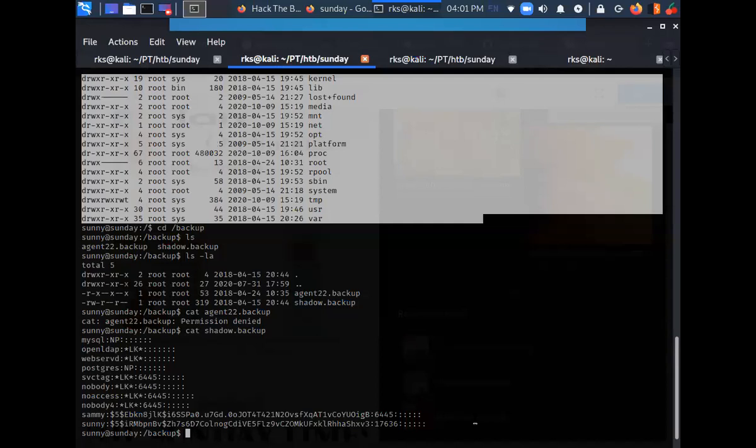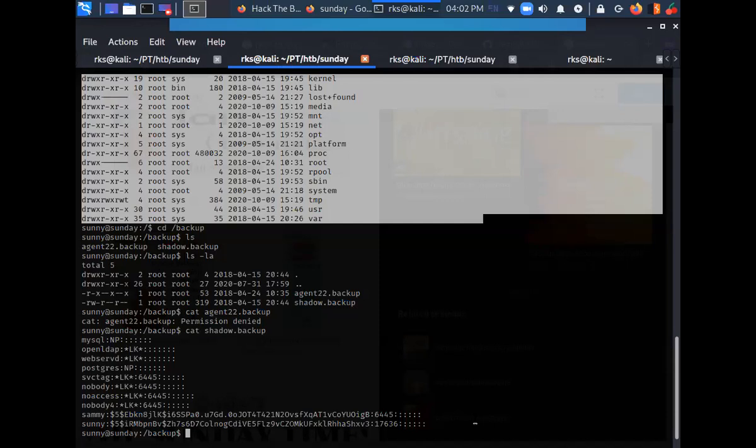So I tried to open the shadow.backup. What is the output here? Username and password maybe. It is in a colon format. Left side of the colon is the username and right side is the password. That is the format for login credentials.